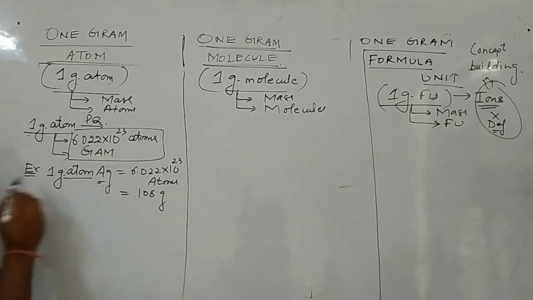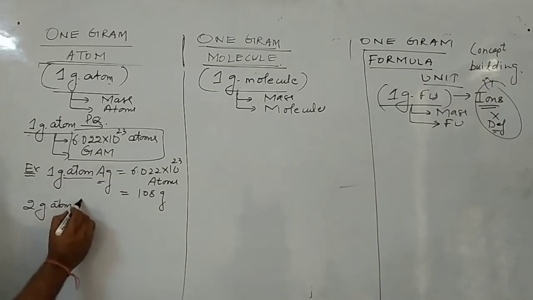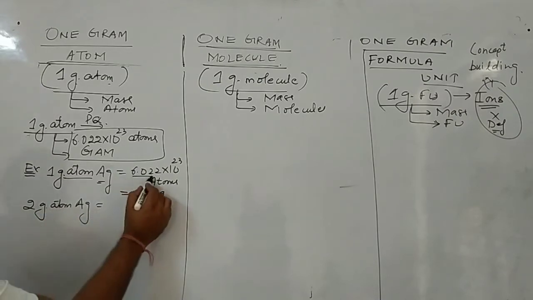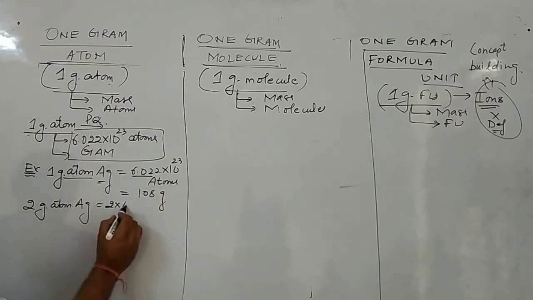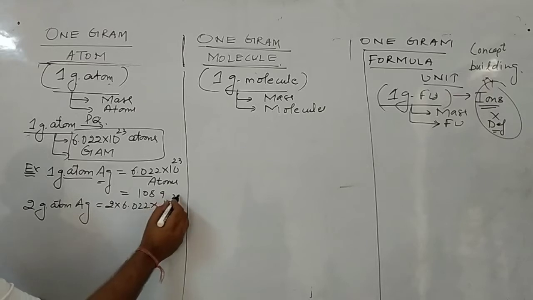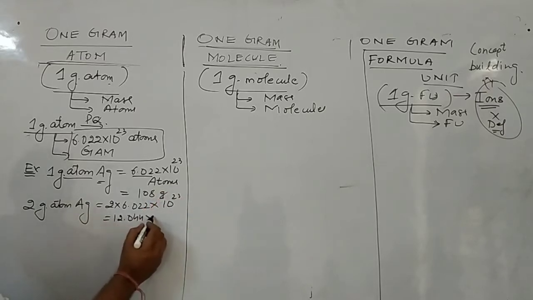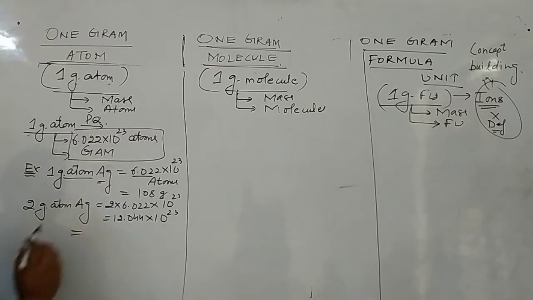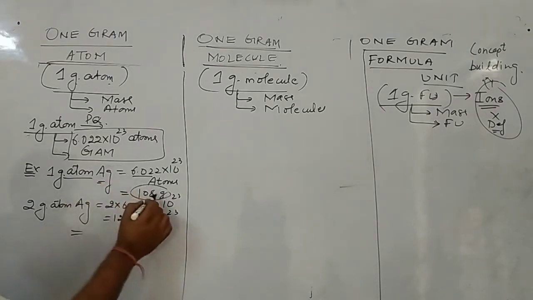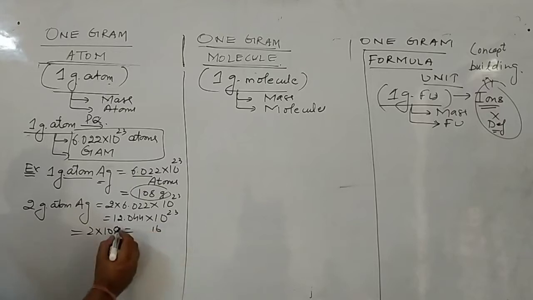Okay, if in place of 1 gram atom I write 2 gram atoms of silver, then this will be double of this: 2 × 6.022 × 10^23 comes out to be 12.044 × 10^23. And regarding the mass, 1 gram atom has the mass of 108 gram, so this will be 2 × 108. If you multiply, 2 eights are 16, 2 ones are 2,